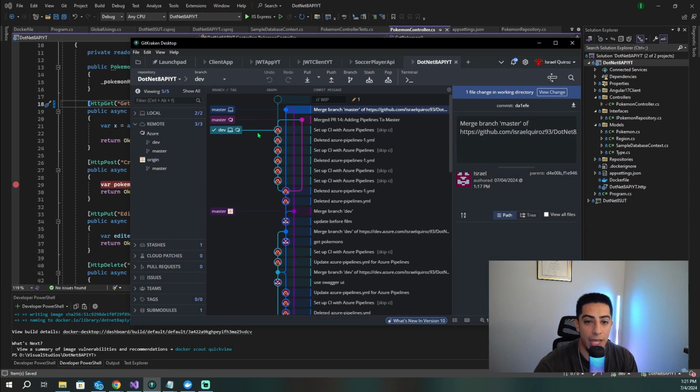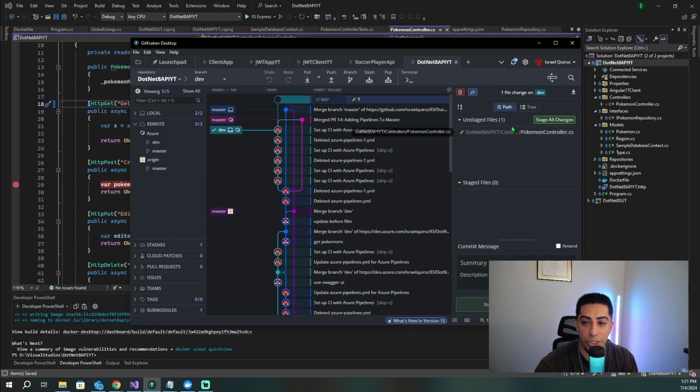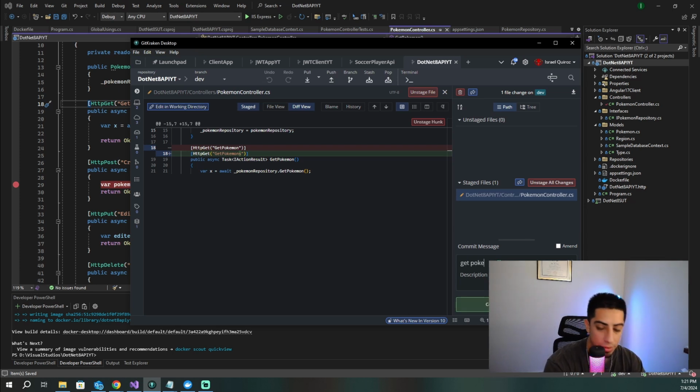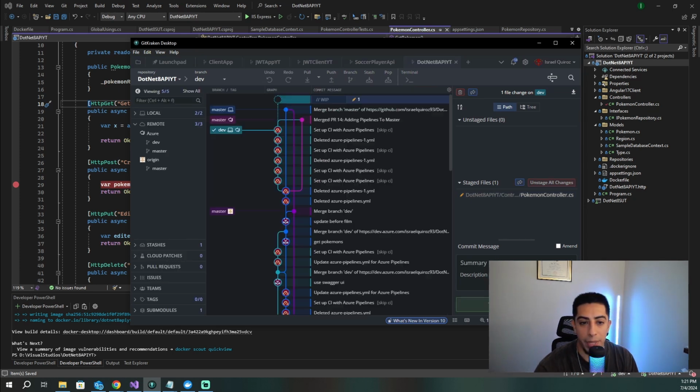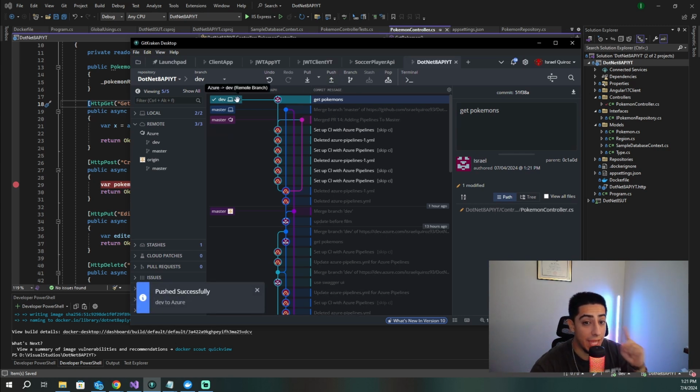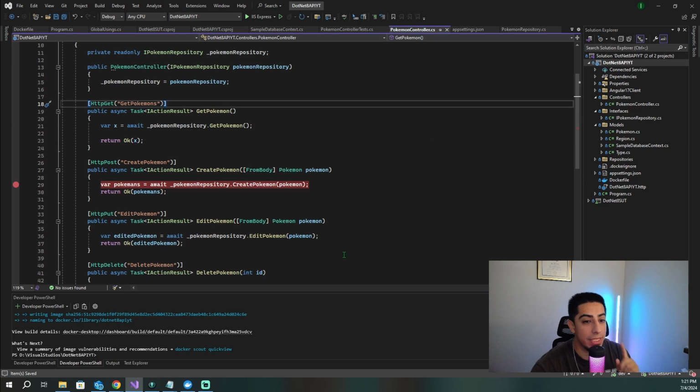So now our dev has one change. It's going to be get Pokemons. So we're going to stage and we're going to commit and we are going to push this to dev in Azure. So when I push this, it's going to push to dev in Azure right here. So immediately, what should we